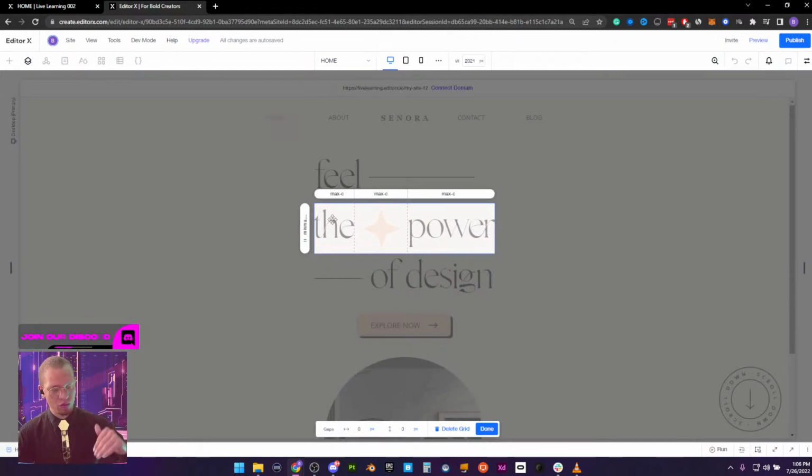So the has its own row or column, the star has its own column, power has its own column, and they're all set to max column or max content, basically saying, hey, container and grid cell, please look at what's inside of you and dictate what your width is based on what's inside of it.